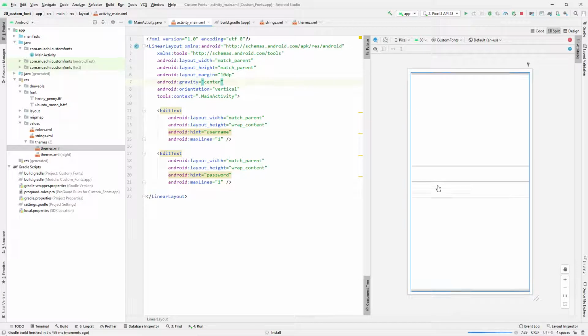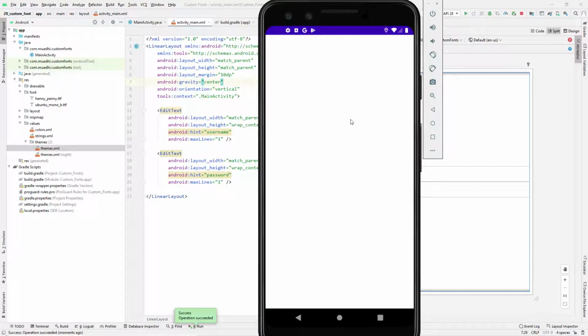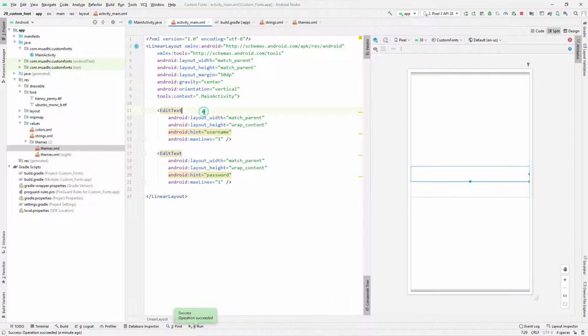Orientation vertical. So we're having here the username and password, and it is compiling and the application is loading. There we're having, you see, max lines. So you can put it here, but still when the user clicks enter, our word goes on top there. See, it is going on top. If you scroll on top, you'll find that it is there, though we are able to see only max lines at one time. But if we want the user to enter exactly a single line without using enter, and maybe to be able to navigate to password using this button on the keyboard, to do that, we simply specify